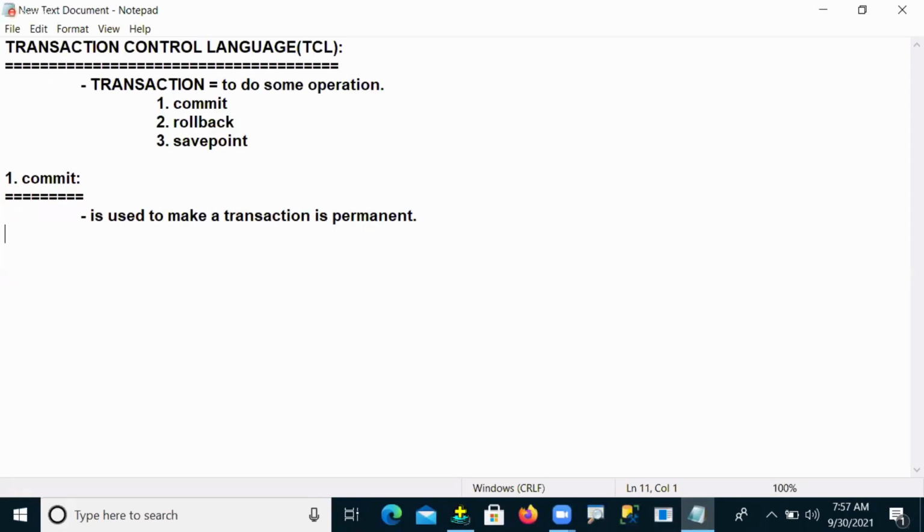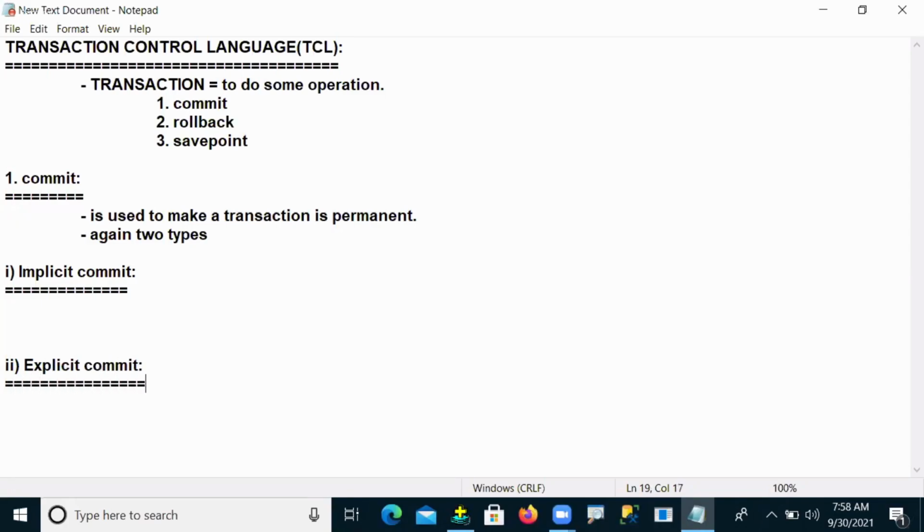And these commit transactions are, again, of two types. The first one is called implicit commit transactions, and the second one is called explicit commit transactions. Implicit and explicit.